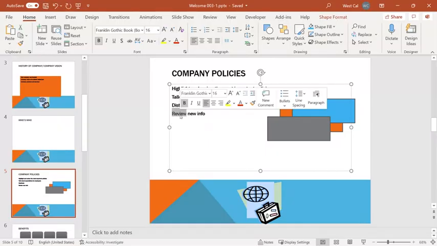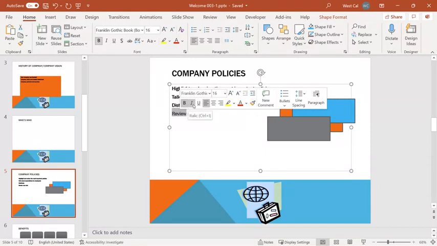The mini toolbar is a contextual toolbar that appears when you select text or an object. With text selected, this toolbar is a fast way to apply popular formatting commands. Change the font type and size, nudge font size up or down, indent or outdent text, insert a comment, bold